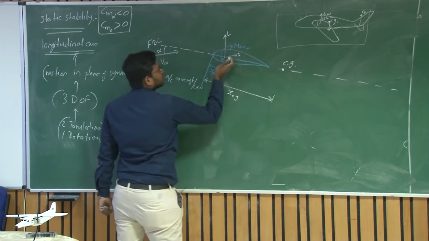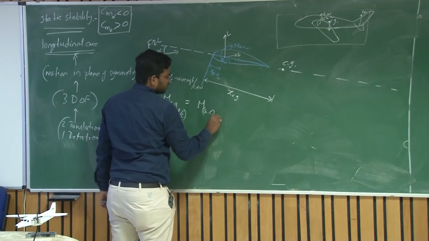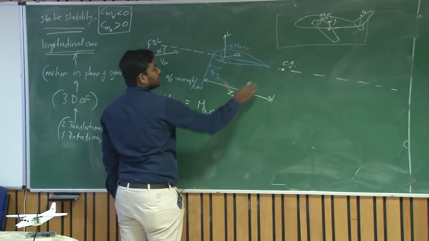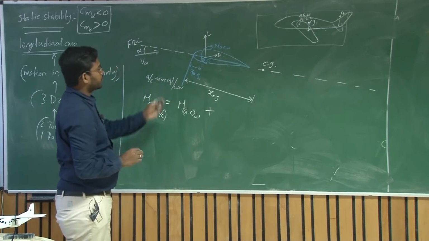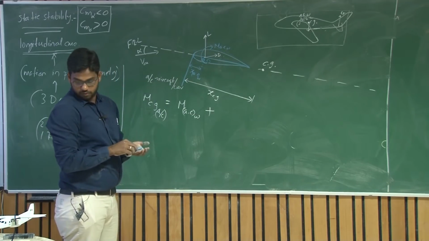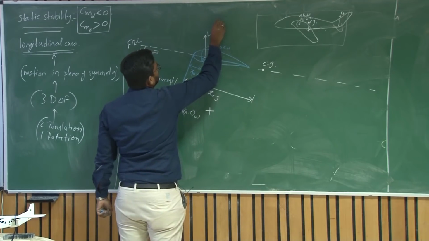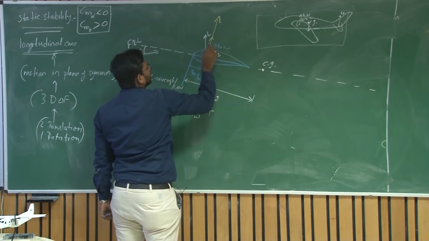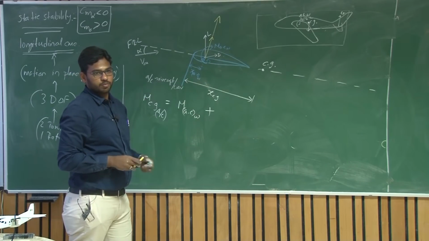So there is a moment about the aerodynamic center of the wing, moment about AC of wing, as it is, plus, why plus? Because of the lift, I should take the component of these forces acting perpendicular to this fuselage reference line. So what is the perpendicular to this fuselage reference line? This is your fuselage, perpendicular to the fuselage reference.